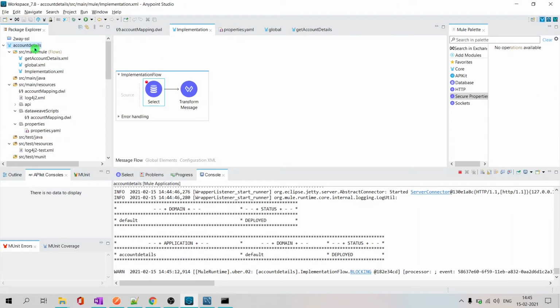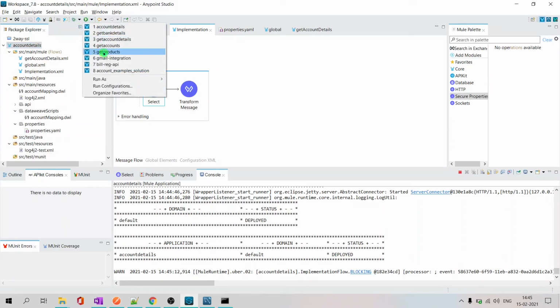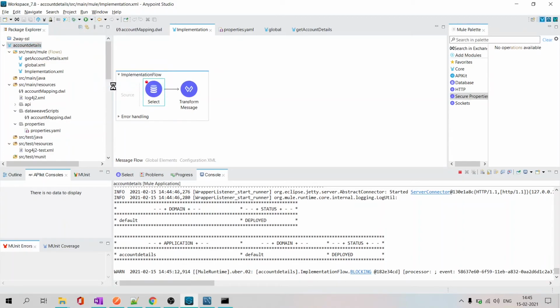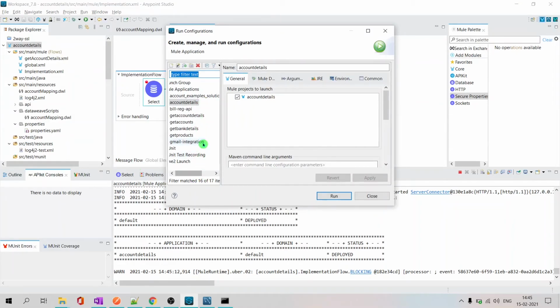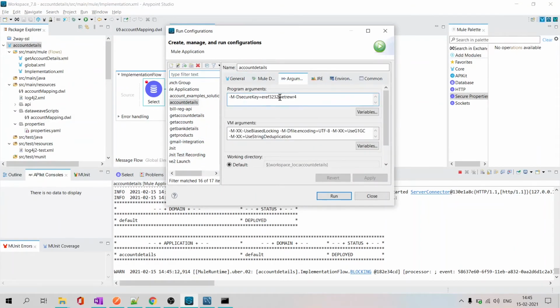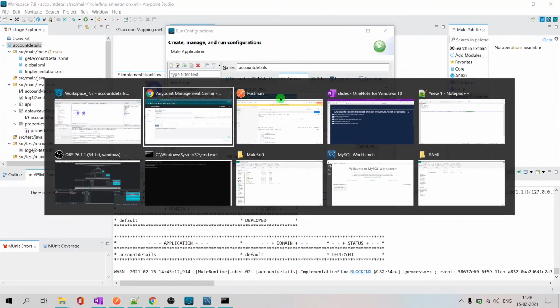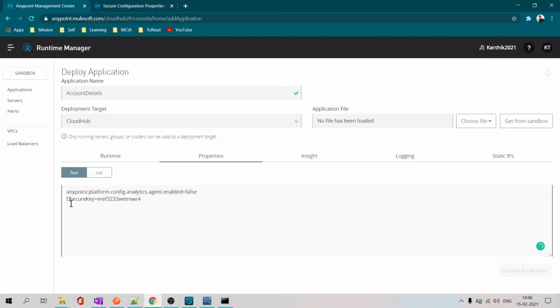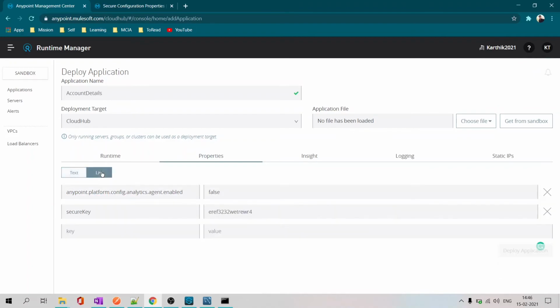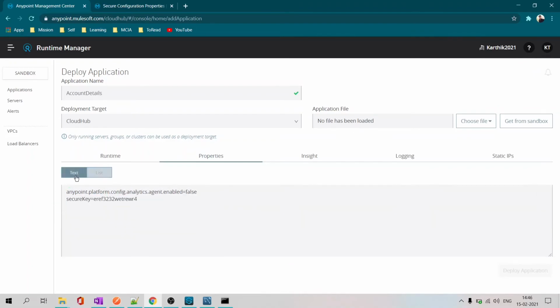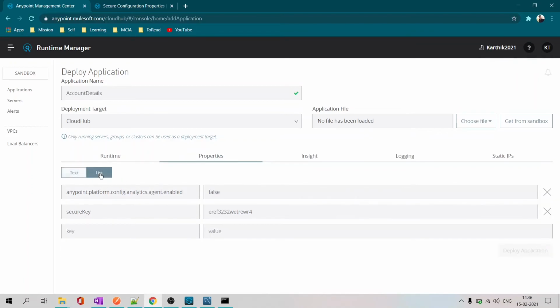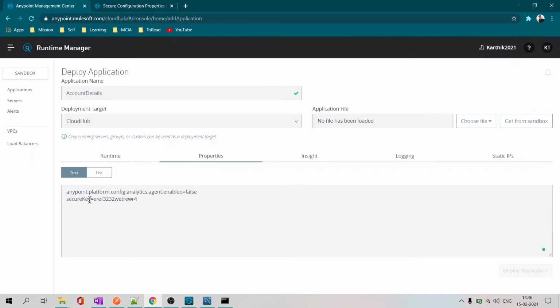Runtime properties. There is the account details arguments. In CloudHub, we have to pass the secure key. If you are not sure whether we are giving it in the correct syntax, just list it. It will show you. One more key thing here: people use a colon. Even though you use a colon, go to list, come back, it shows equal to, right?